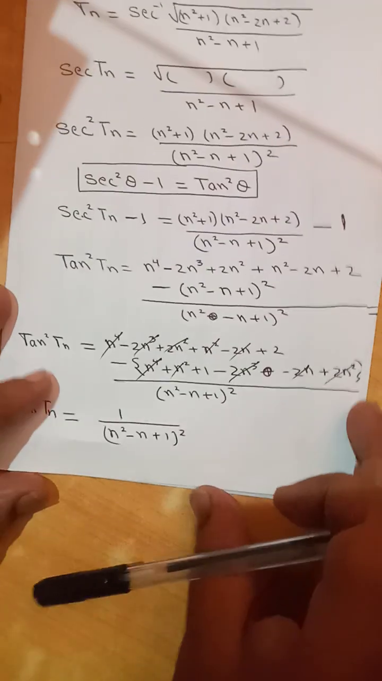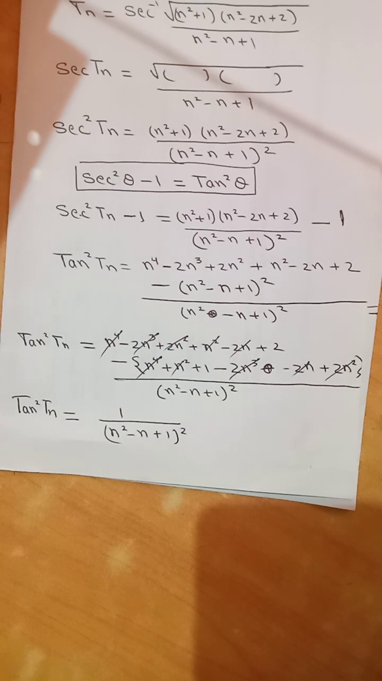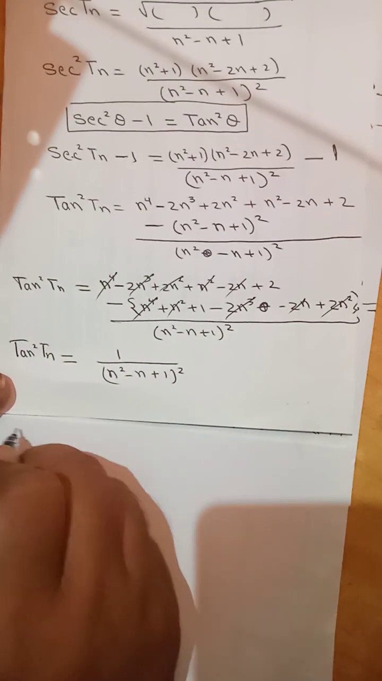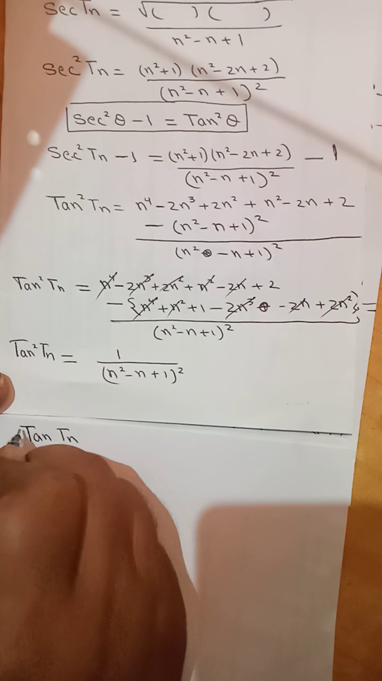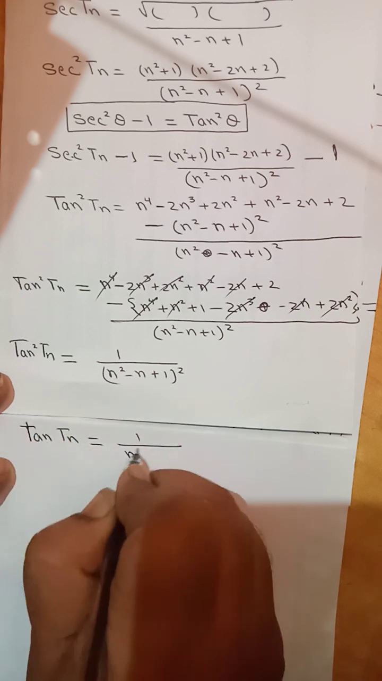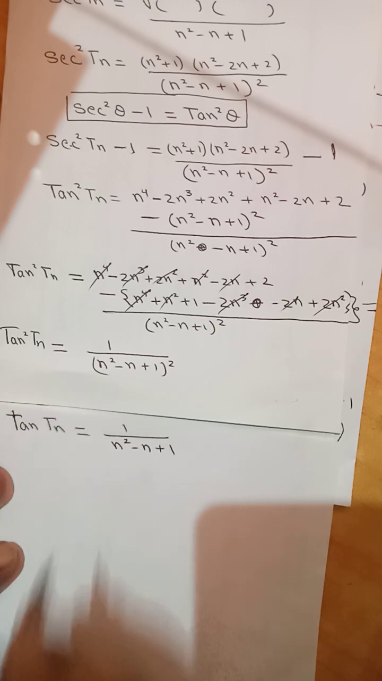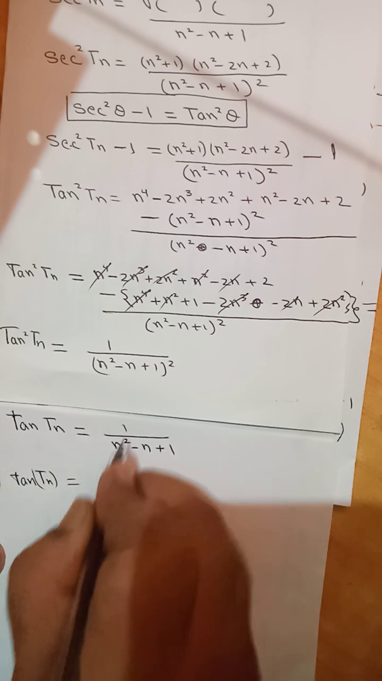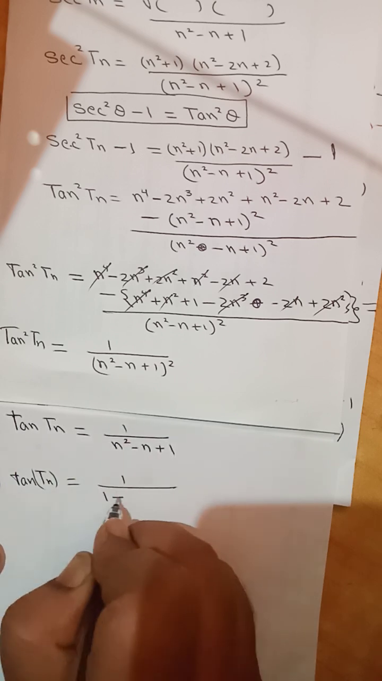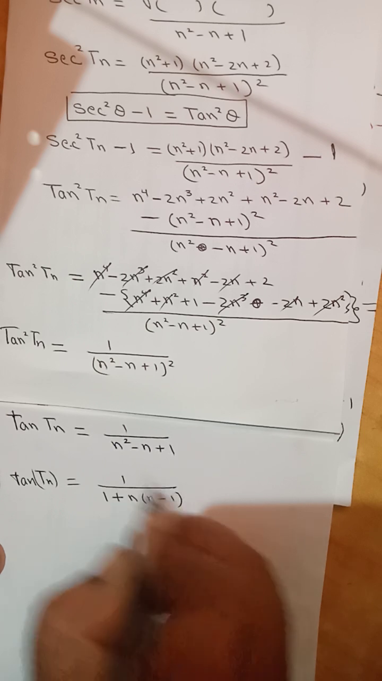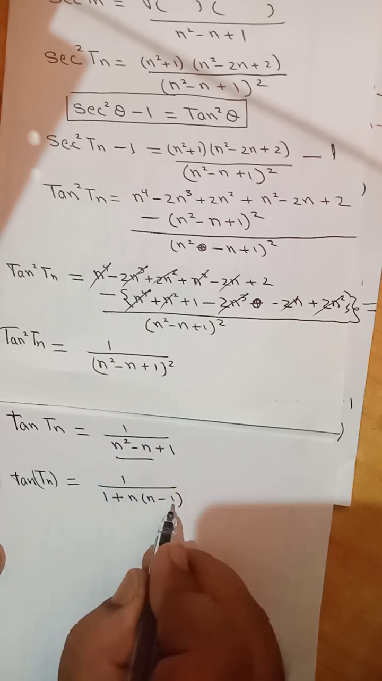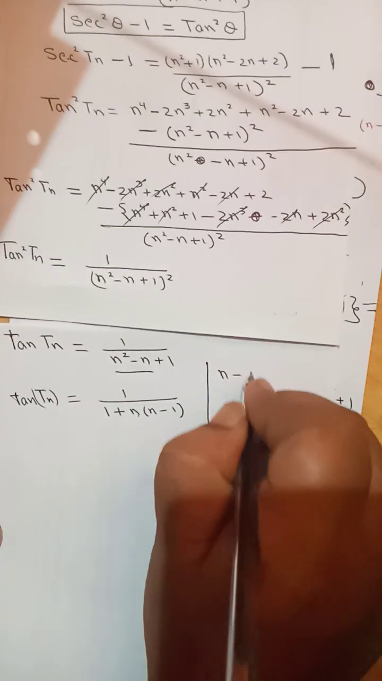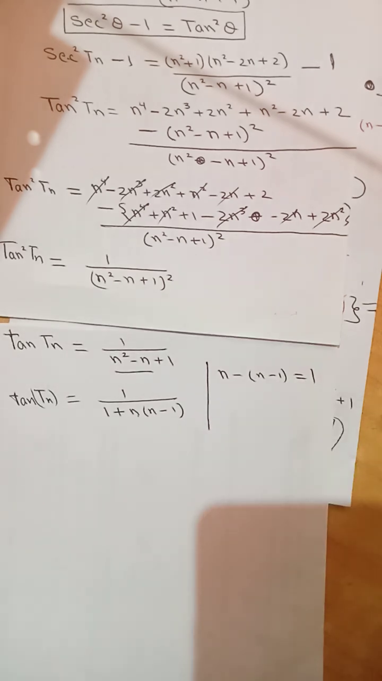Up to here I have solved it. Here it is tan square, take the square root. Tan of Tn is equal to 1 by n square minus n plus 1. Okay, now denominator, tan Tn is equal to, we can write numerator 1 divided by 1 plus n into n minus 1. If you take common n, then this will be n minus 1. I have written 1 this side. See here, this numerator, difference of these two terms, n minus of n minus 1 is equal to 1. So